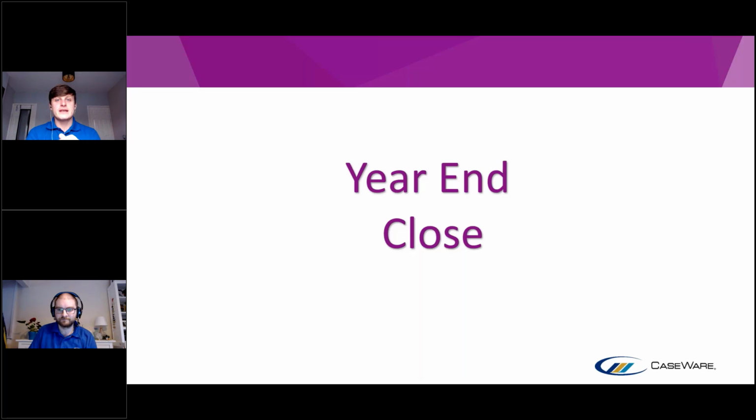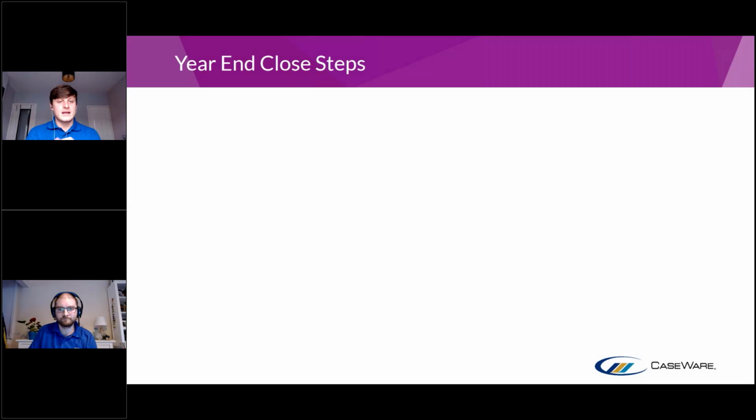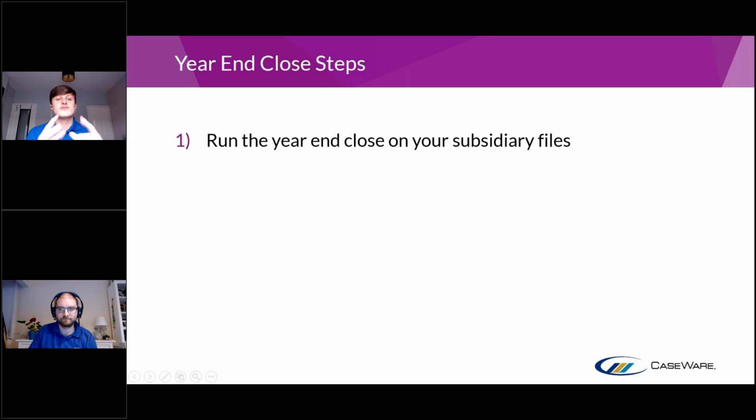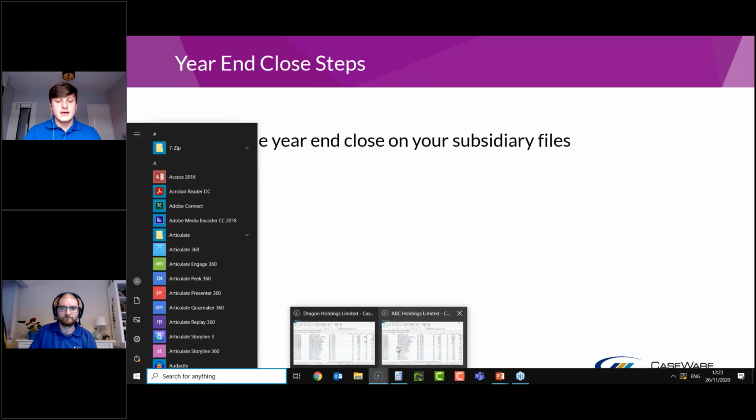I'm just going to take you through the process and the order in which you would need to do it. As you can see, we've got a slide for the year-end close steps. Our first step would be to run the year-end close on our subsidiary file. So just going back to our example for ABC Holdings Limited and ABC Exhibitions Limited, if I open that up